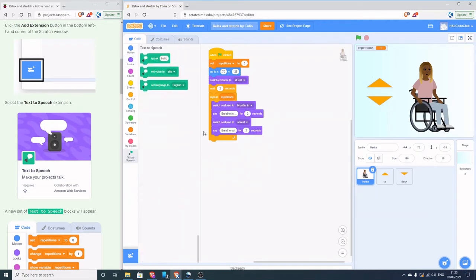Text to speech brings us in 3 different blocks. I'm just going to put them on the desktop so you can hear and see what they do. So we've got a box that we can put things to be said. We've got a box about a voice, and we've got a box about a language. So let's just run with the default settings at the moment. I'm just testing this out for you. Hello. So if I click on the block of code there,